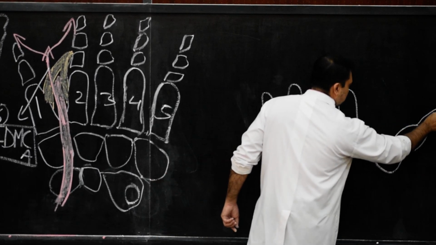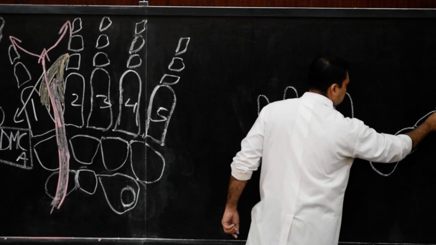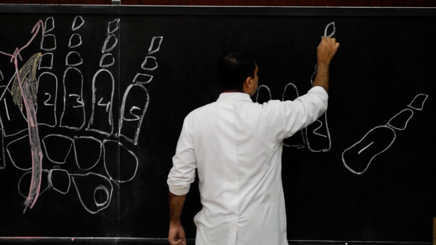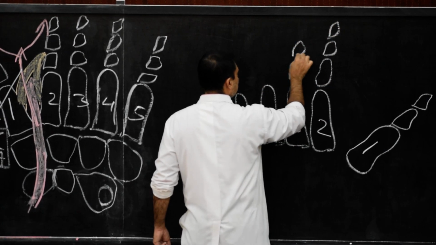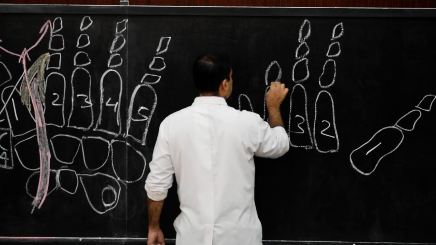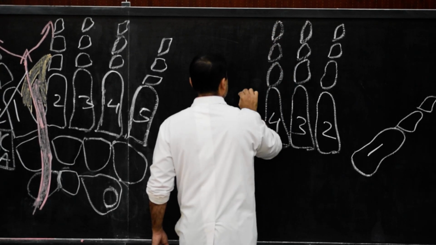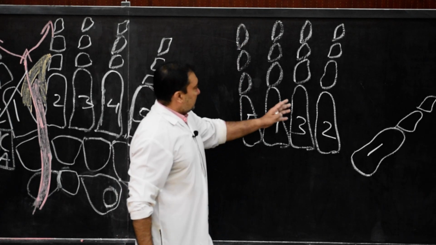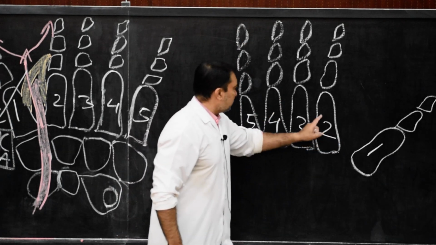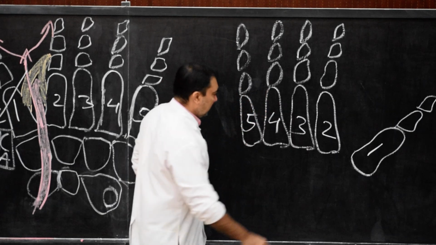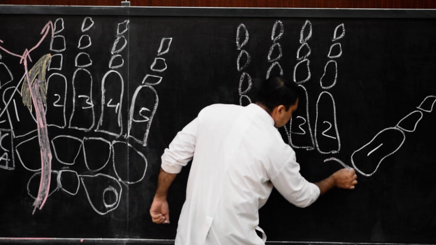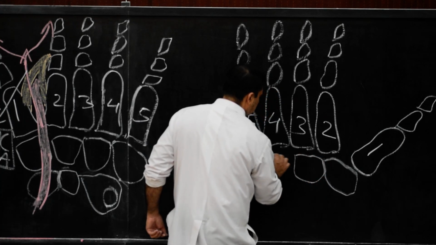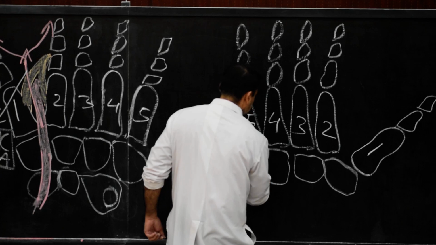Over here we shall be drawing the first proximal and distal phalanx. Over here the proximal, middle and distal phalanx, and so on for each of the remaining digits. This is the palm. So 1, 2, 3, 4, 5 on the palm. Now let us try and complete this with the carpal bones.